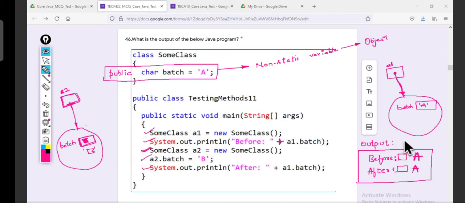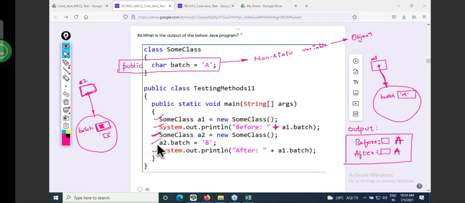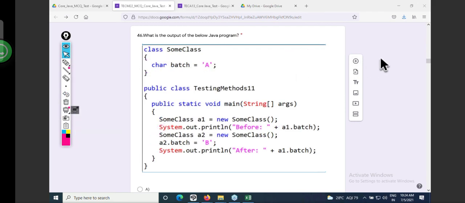Explain fast, 2 minutes time. Make it quick. Did I do the reinitialization for the second object? Yes. But did it affect the first object? No. Super. You should analyze each and every line.